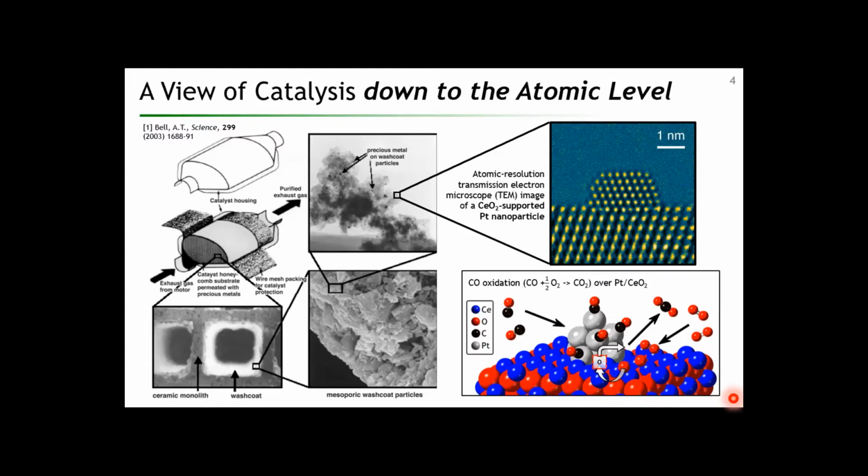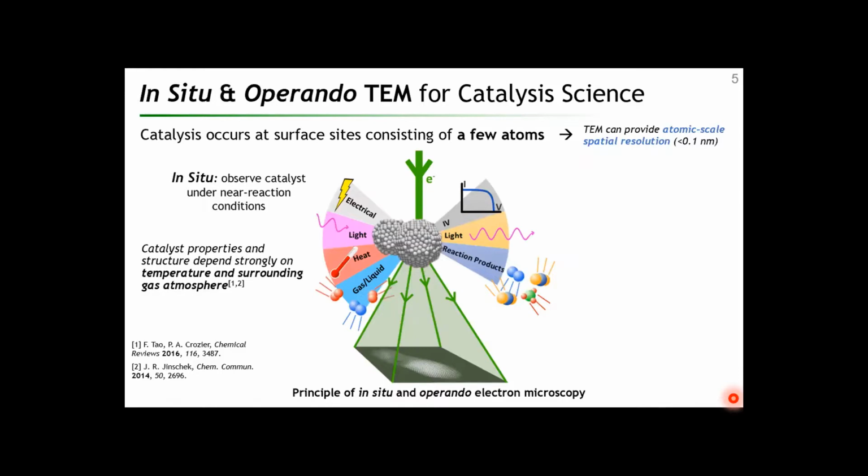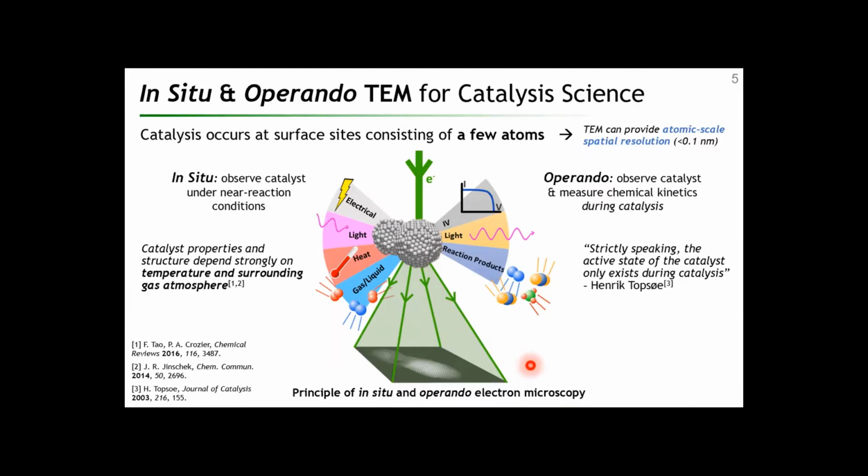And one of the ways that we can actually get information about this is looking at the catalyst while it's doing the reaction. So when we start to introduce reacting gases and start to heat the catalyst up, we might say that we're looking at it in the situation that it's used in, or in situ. And in order to go a little bit further and get a direct correlation between the structure that we observe in the TEM and actual properties of the catalyst, we would actually want to measure something like the reaction products or the conversion. And a big part of my project has been